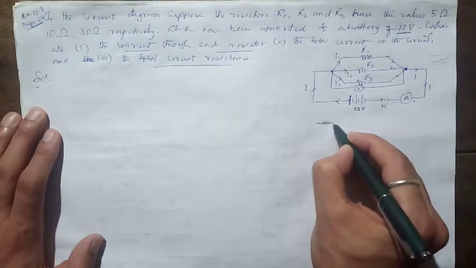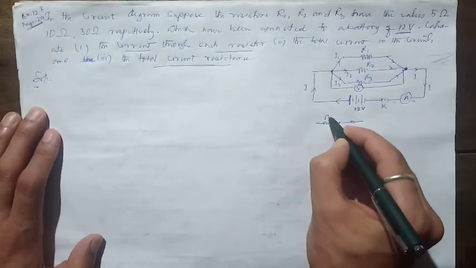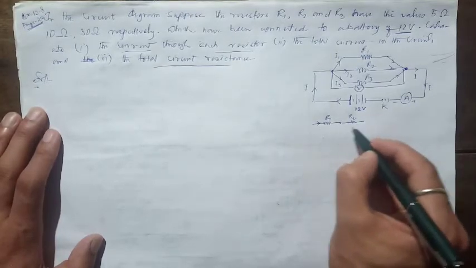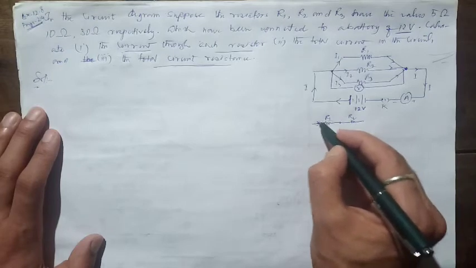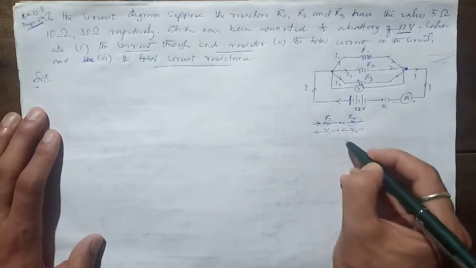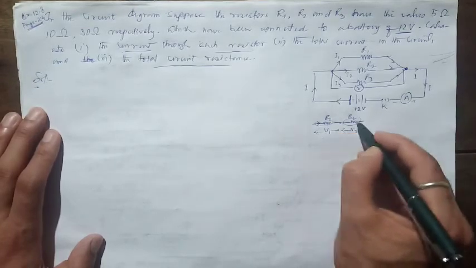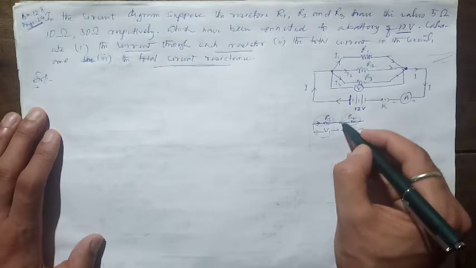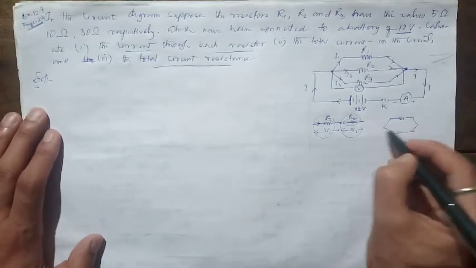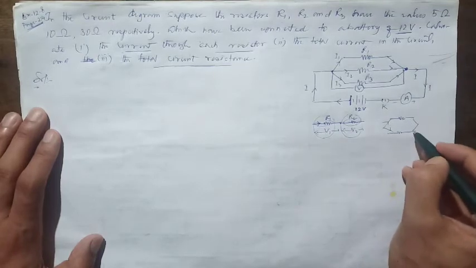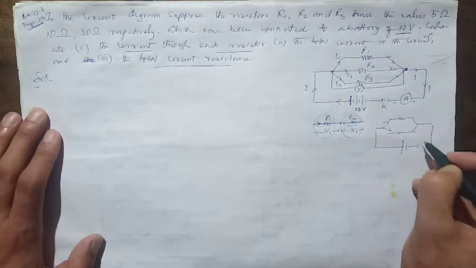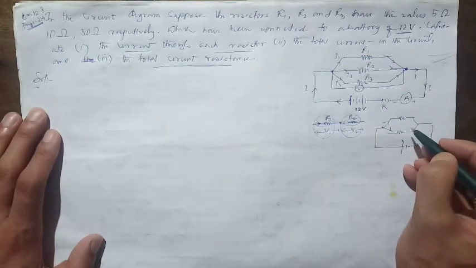Say suppose this is 1, this is 2. These two resistors are connected in series. So the same current flows through both these resistors, students. When they are connected in series, the same current flows through these resistors, but the potential difference developed across these two resistors is different. But if the same two resistors are connected in parallel, the current flowing through these arms is different, but the potential difference applied across these two resistors will be the same.